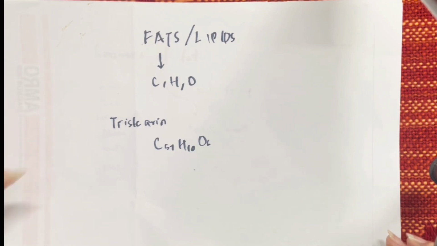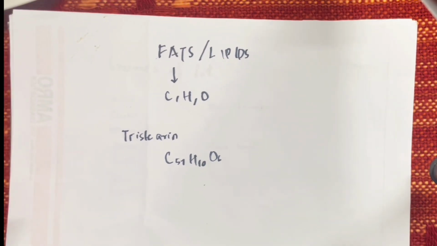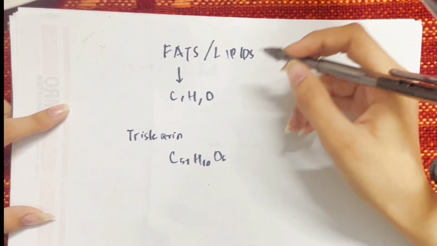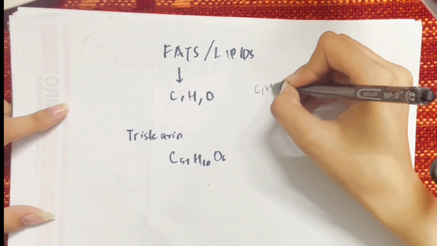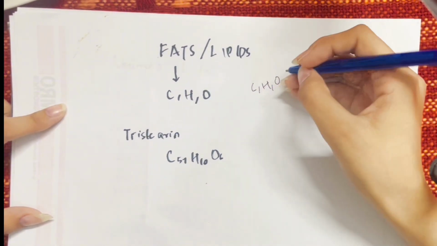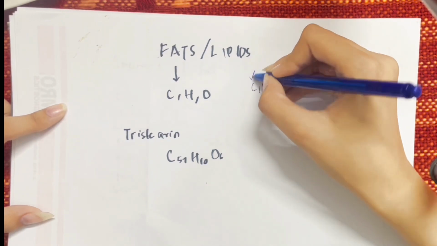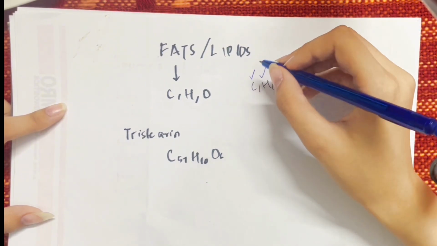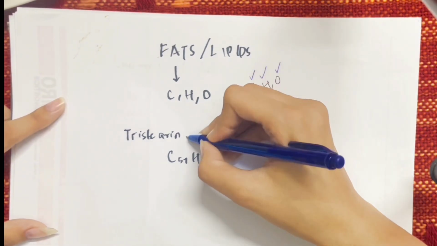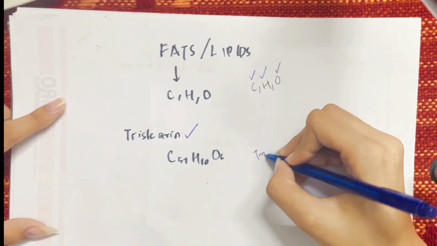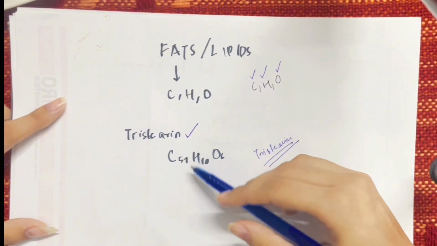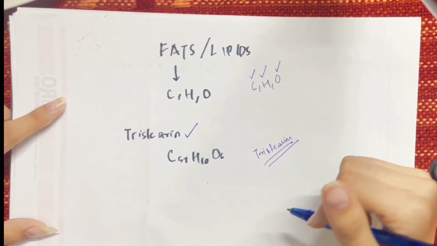All right, let's jump on to the third very common group, that is the fats or the lipids. There's not much to learn about the fats or the lipids. They are also made up of the carbon, hydrogen, and the oxygen. There is no other further element along with that. They are the biological molecules that are made up of carbon, hydrogen, and the oxygen. They're very simple to learn. The very common example that we often have heard about is the testosterone. This is found in the animal and the plant cells both, and the formula that you need to learn for your exams is the